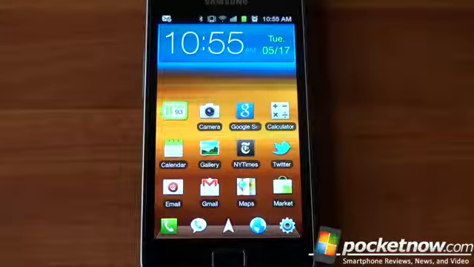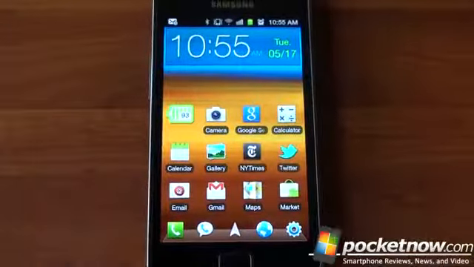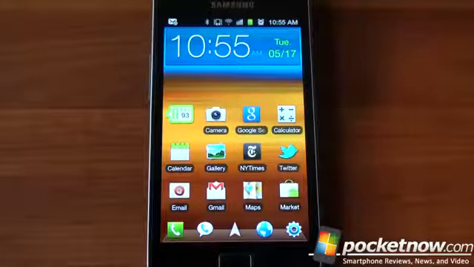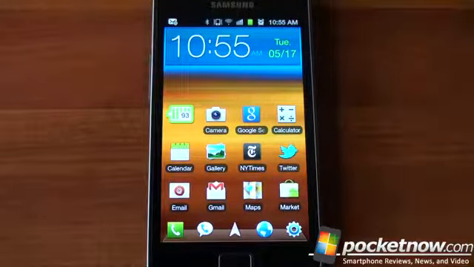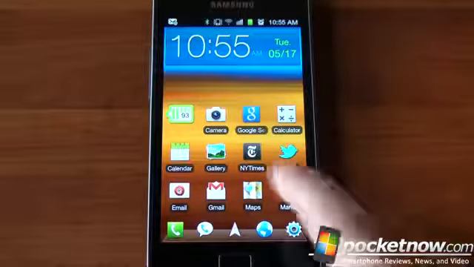Number 3 is to run a third-party launcher. This is the Galaxy S2, and we were running TouchWiz 4.0 on the home screen when we were reviewing this, and we found that going back to the home screen, even when we only had 1 or 2 home screens set up, took like 2 seconds. After installing Launcher Pro here, which is my launcher of choice, and I'll put a link up to a video talking about that, there's also ADW Launcher. After installing a third-party launcher, things are much faster.